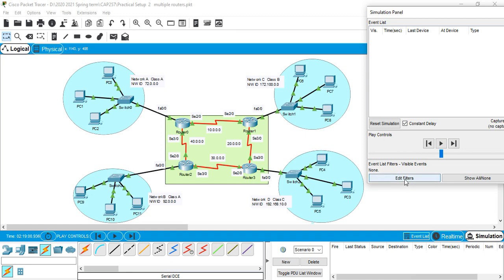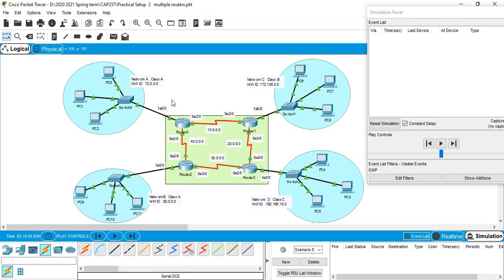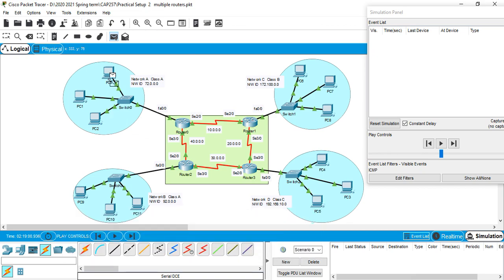When none is there, edit filter, check ICMP protocol and close it. Now take one packet. We will check whether the packet moves from network A to network D.